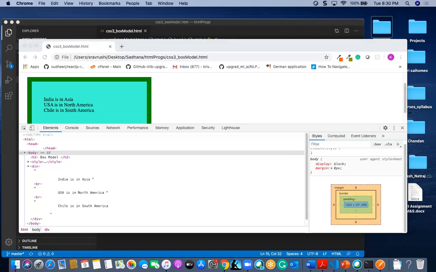If you give float left, they will go side by side, or you can give float right, then float left again. It will align horizontally. If not, tomorrow also, if you are not facing it, I will tell you, no problem.